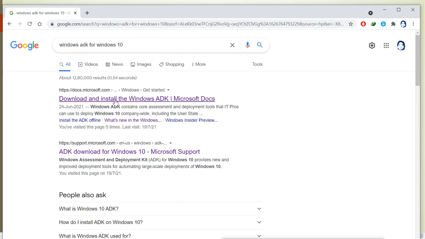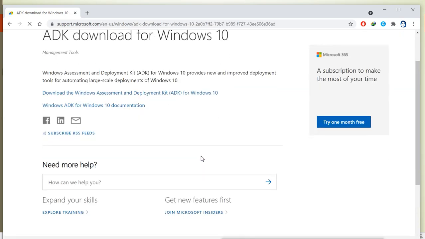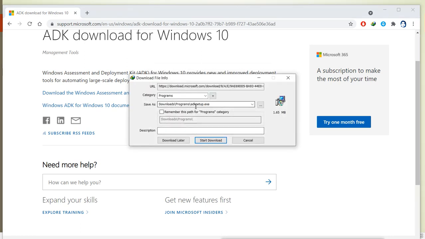This is the Microsoft official site, and you can go there. It shows here that you can download the Assessment and Deployment Kit. I say yes, and it will give you an exe file. I have already downloaded this Assessment and Deployment Kit.